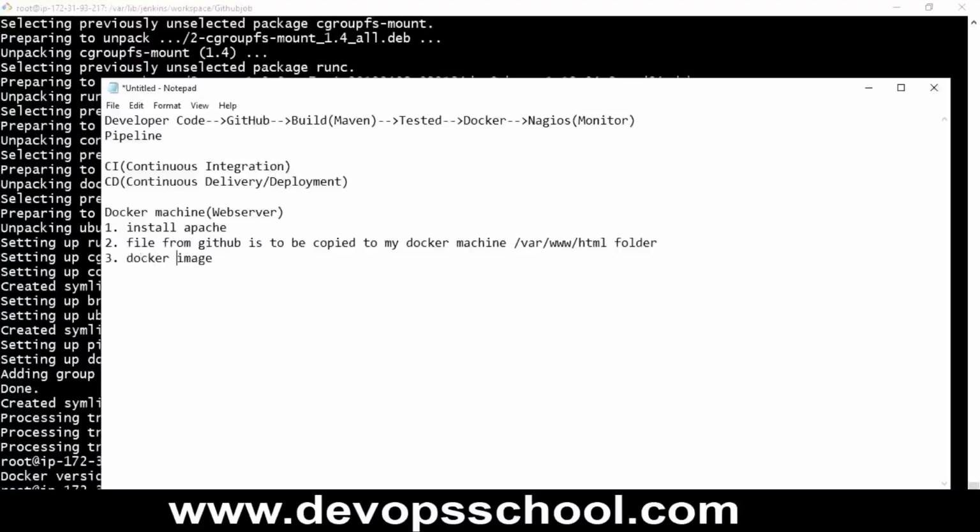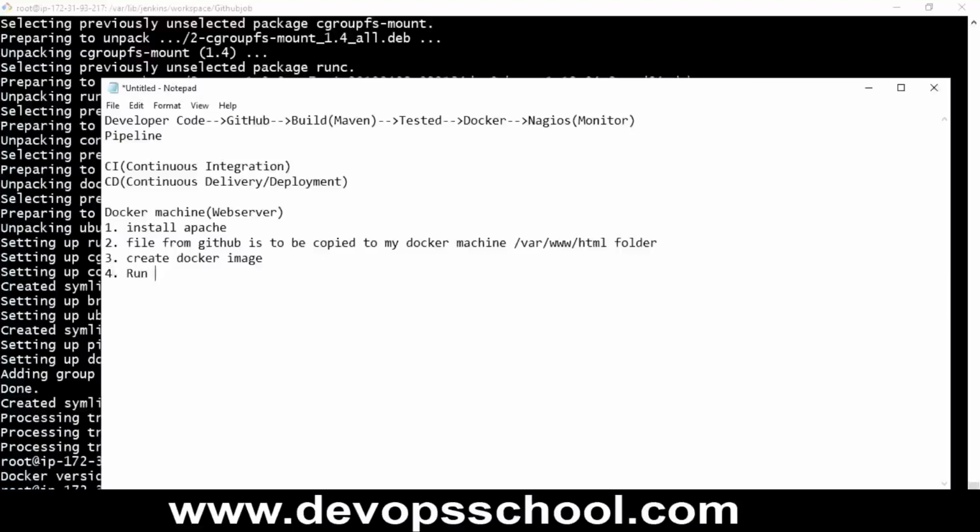First, we will create one Ubuntu image, copy the file, install Apache, and then create the image for the web server. So create the Docker image, and the fourth step will be to